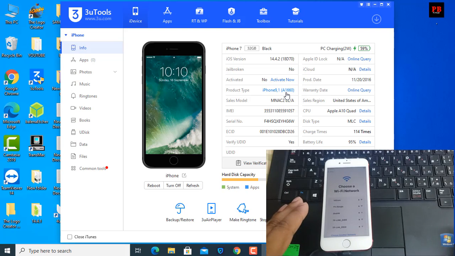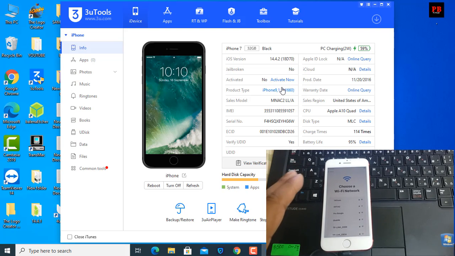So if you have a GSM device, you can bypass same method. This is a MEID device, so you can bypass with call support, need MacBook. And if you have Windows operating system, you can't bypass with call support. Okay, I hope understand. So now this is a serial number, I need to activate and close this one.